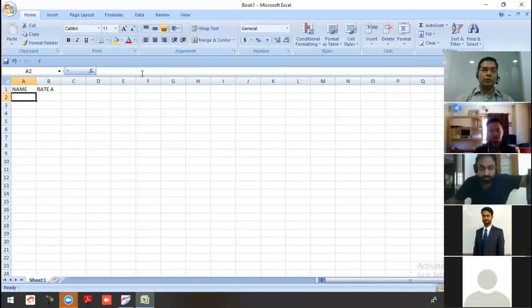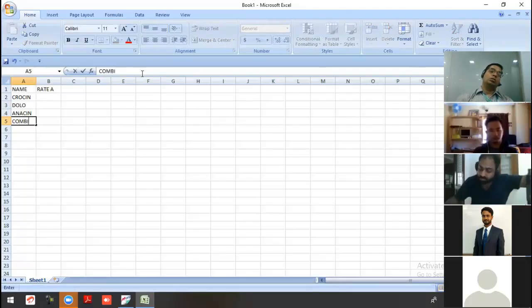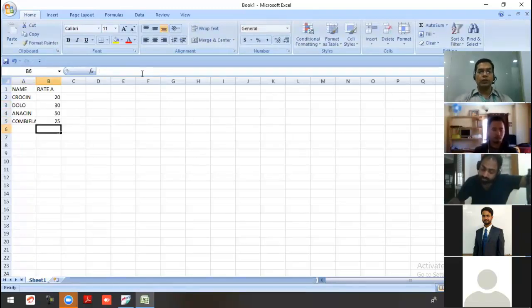Now I put the items. Crocin, Dolo, Anacin, Combiflam. 20 rupees, 30 rupees, 50 rupees, 25 rupees.